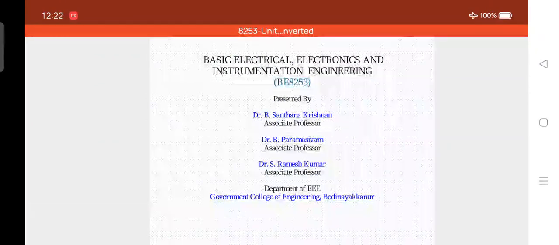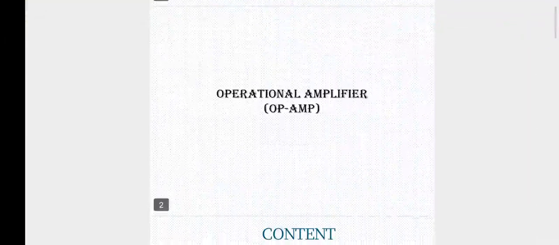In this presentation, we are going to talk about another interesting part of electronic circuits and devices, the operational amplifier, generally called the op-amp. This presentation consists of an introduction, what is an op-amp, the circuits of an op-amp, the op-amp picture, and a pin diagram. This is the overview of this presentation.